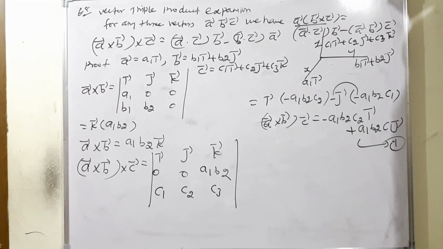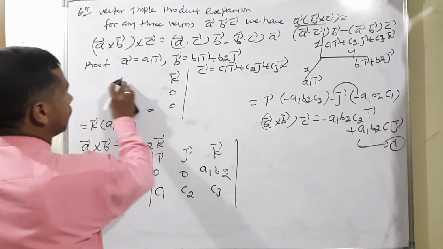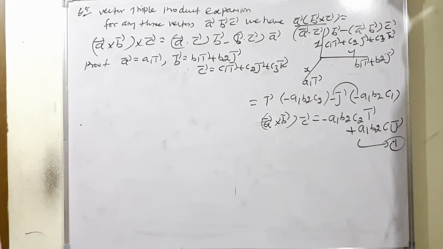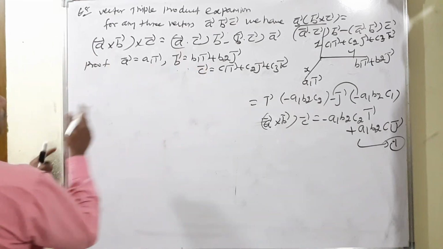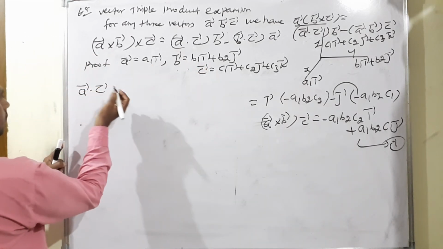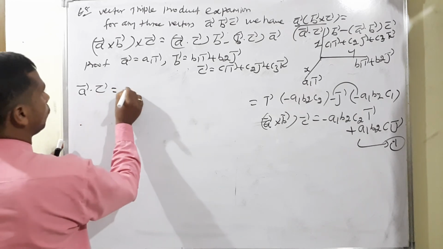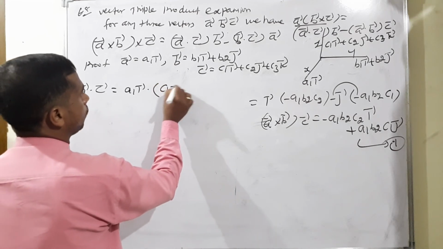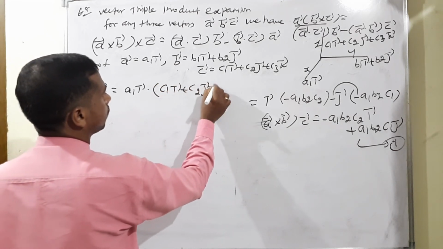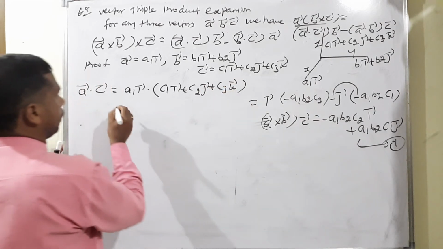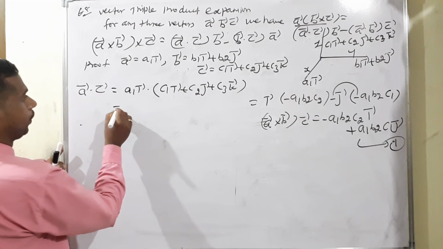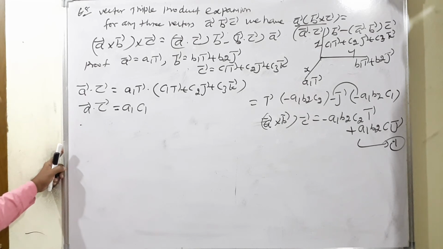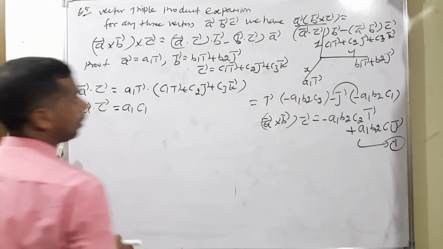Moving to the next term. Next, outside, what is the term there? On the right hand side, A vector dot C vector first, isn't it? So A vector dot C vector means A vector is only A1 I vector, dot C vector, which means C1 I vector plus C2 j vector plus C3 k vector. Only I vector dot I vector survives. Therefore, we can write A1 into C1. This is called A vector dot C vector.